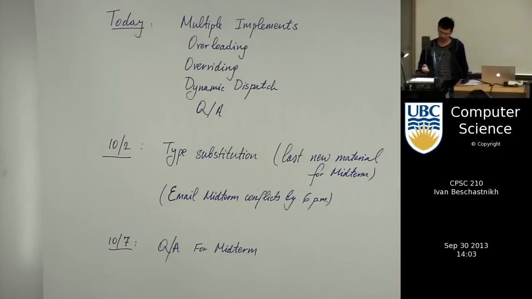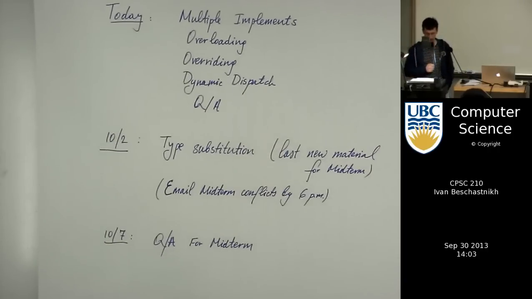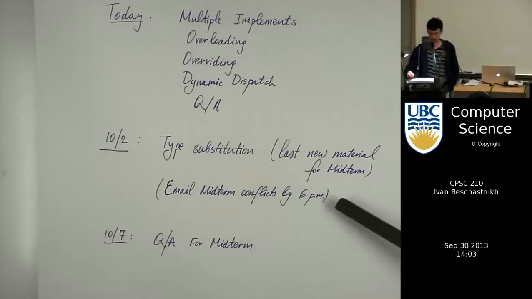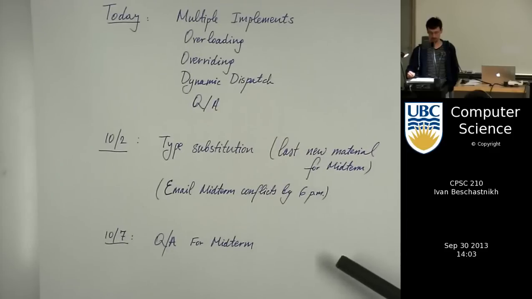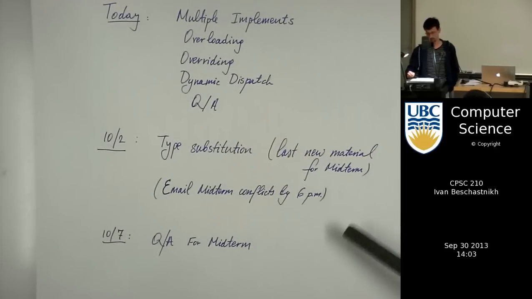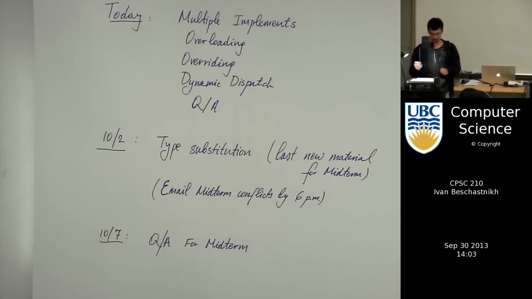So more generally, this is what we're covering today. On Wednesday, the 2nd, we'll talk about type substitution. And really it's going to be the last piece of material that we'll cover before the midterm. And also by 10-2, you should email any midterm conflicts that you have with the midterm a week from Wednesday. And this Friday, if Friday I skip, there's going to be a lecture, it's TBD. And then next Monday, so this is Monday,